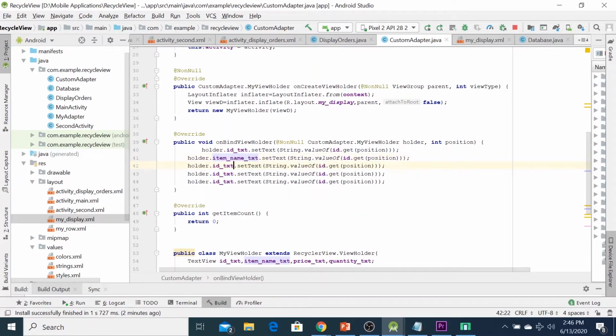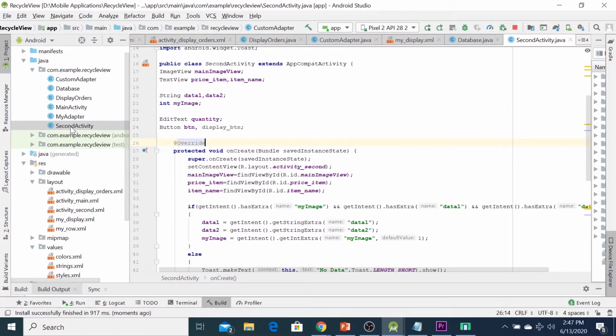This is price tag. And this one is the quantity. Okay, this one I remove it. Now we can click the second activity here.